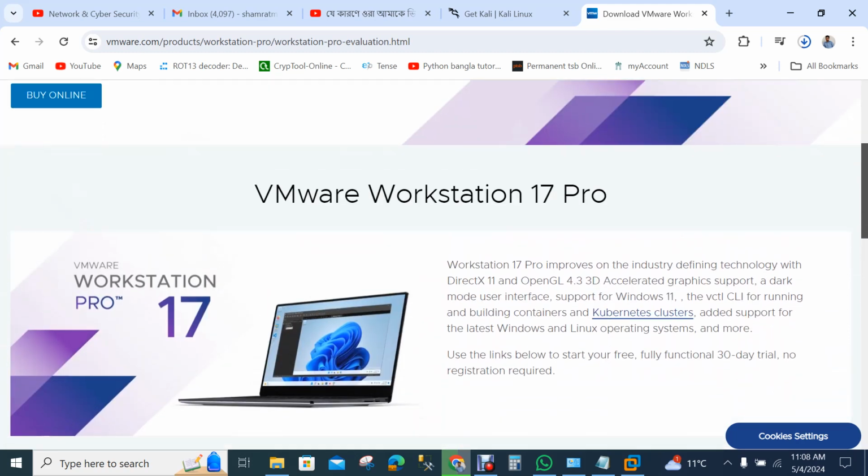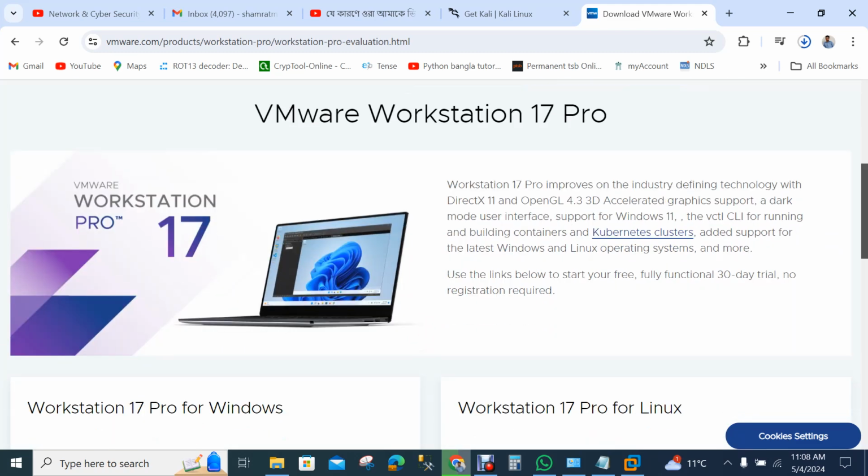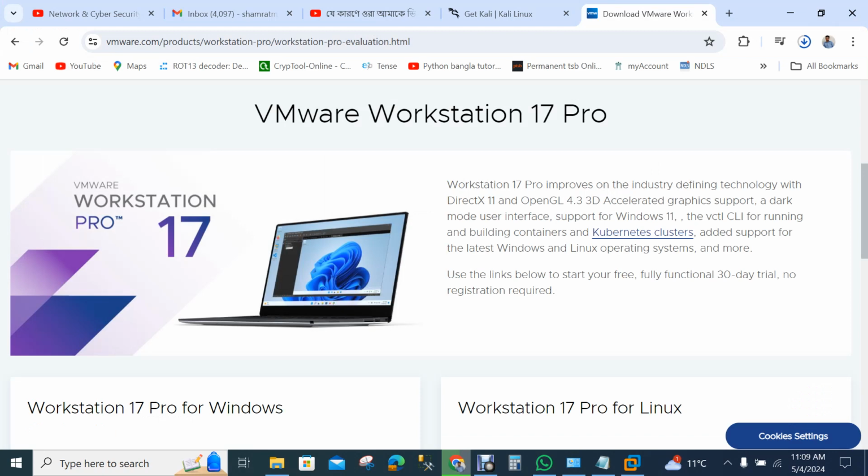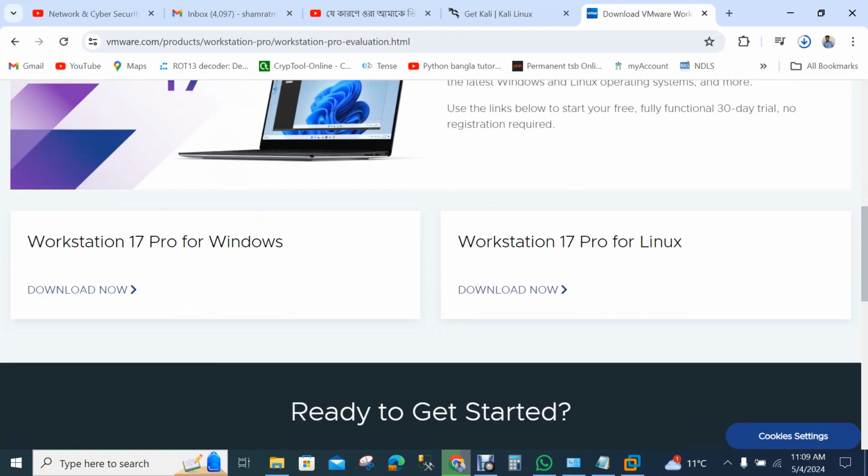The latest VMware Workstation is 17 Pro, and my workstation player is also the 17 Pro latest update.